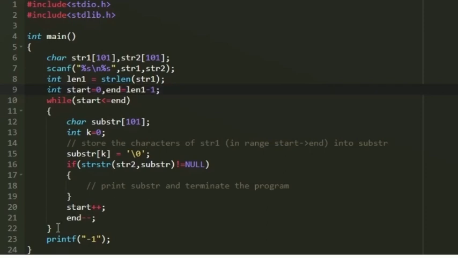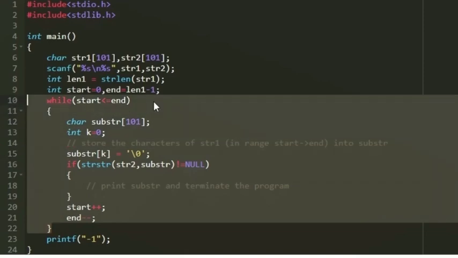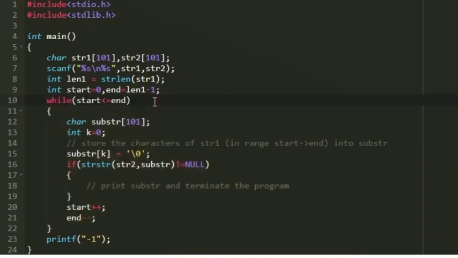These are the initial values. Now we are going to create a while loop, and we will be executing our logic inside this while loop. In every iteration of this while loop, we should be removing characters at both ends. Initially, the complete string itself must be considered as a substring, and we should check whether it is present in str2. In the next iteration, we should remove one character at both ends. After that, we should remove two characters at both ends. That is how we should be creating new substrings.